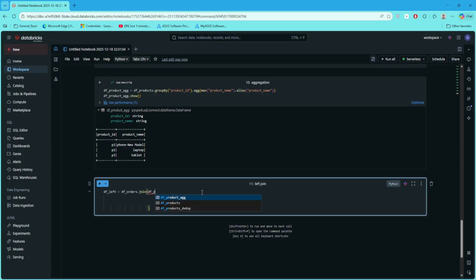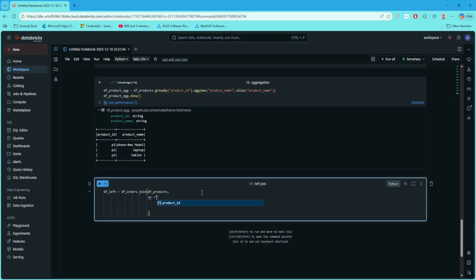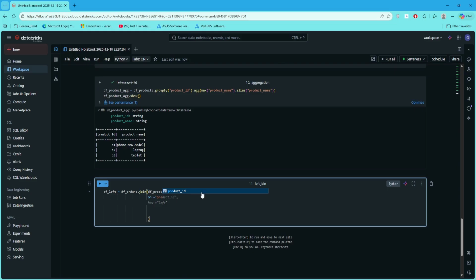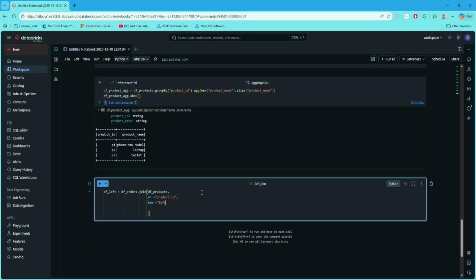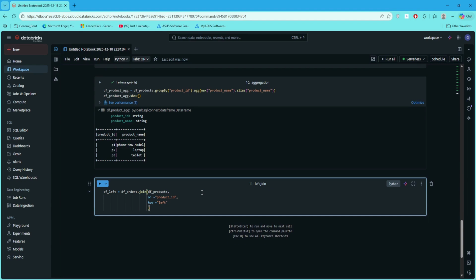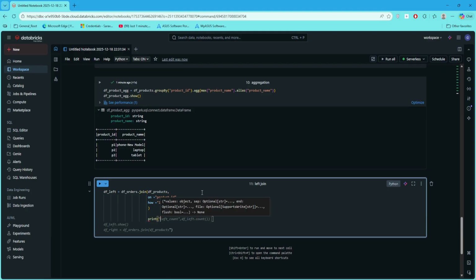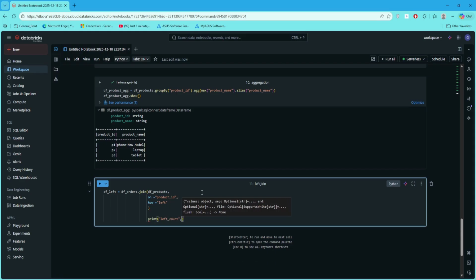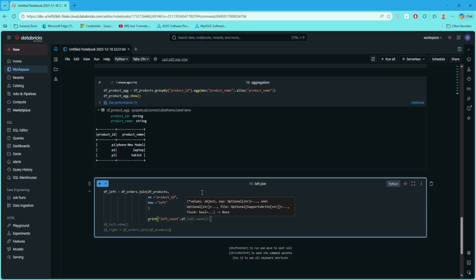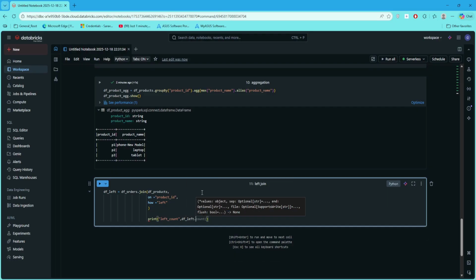I want to join with df_products on equal to product ID, how equal to left. Okay, yeah, and let's say print left count, df_left.count,